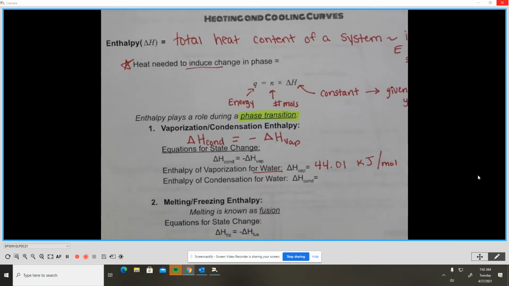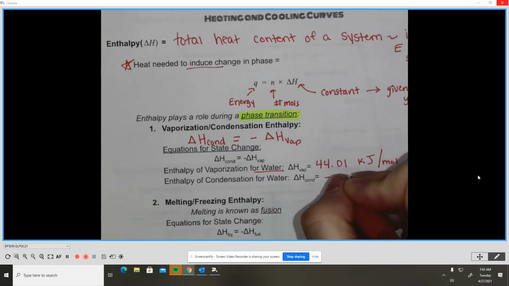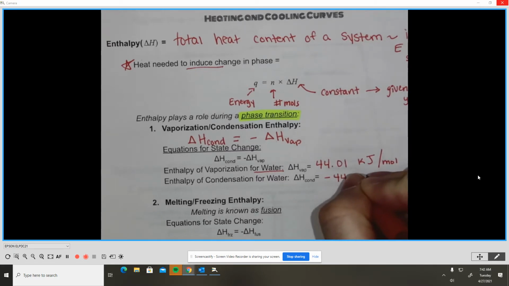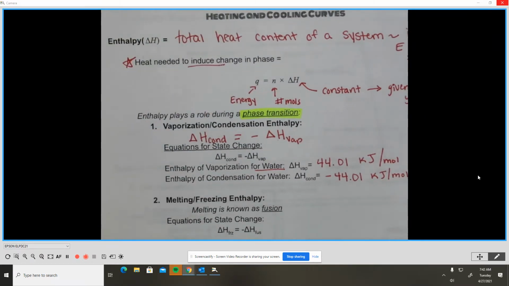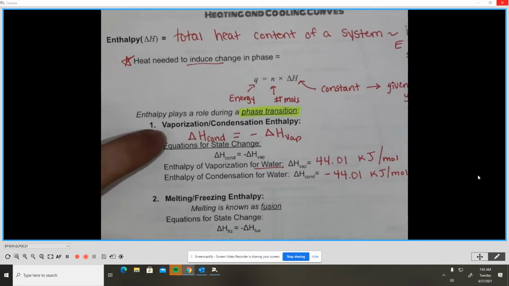Condensation of water is taking heat out of a system, or taking energy out of a system. So that one's going to be negative. So we've got negative 44.01 kilojoules per mole. Like I said, these numbers would be given to you on a quiz or test. These are not things that you need to memorize. What you do need to know is that